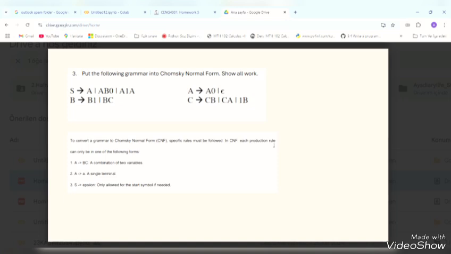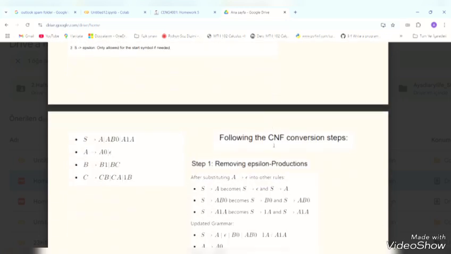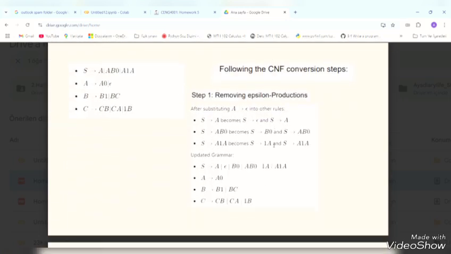An epsilon production allows a variable to produce the empty string epsilon. Here we remove epsilon productions by rewriting rules where this variable appears, replacing them with an alternative rule that skips the variable. An example is to show how S goes to AB0 changes when A can be epsilon. This one, yes, and